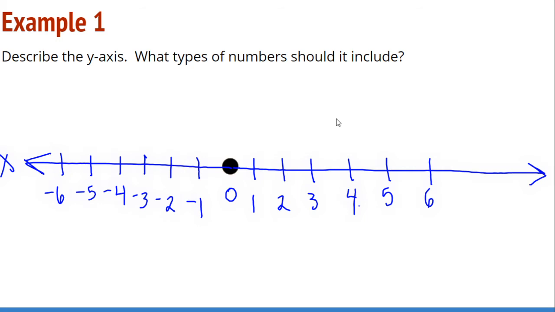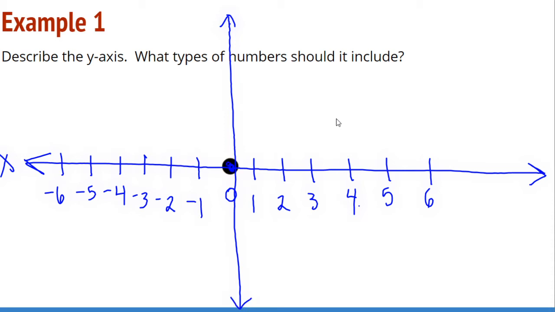So the y-axis. What type of numbers should it include? And the answer is very similar to the one we gave for the x-axis. The y-axis is a vertical number line, and it will have positive and negative numbers. So we are going to get out our straight edge, and my straight edge isn't very straight because I don't have one on the smart panel that I'm using, and I am going to draw this vertical line,